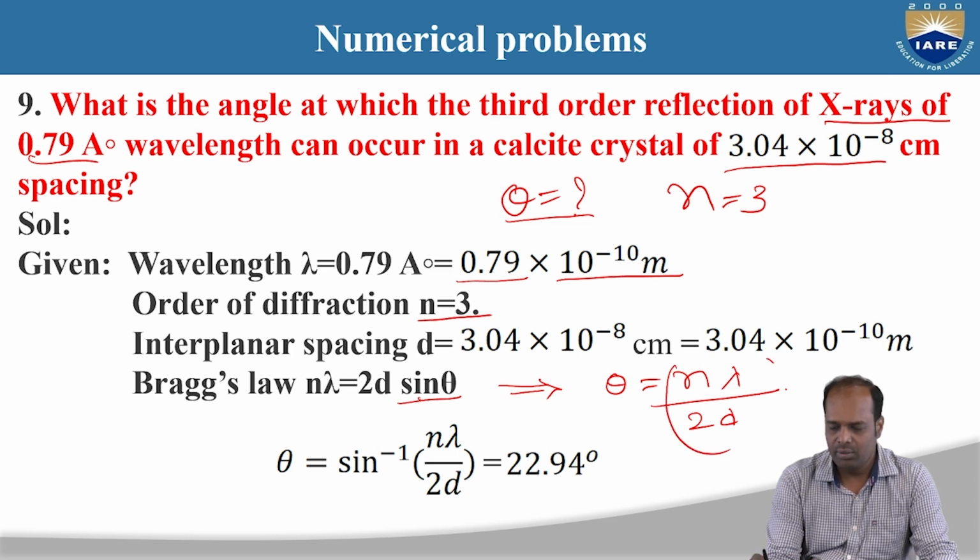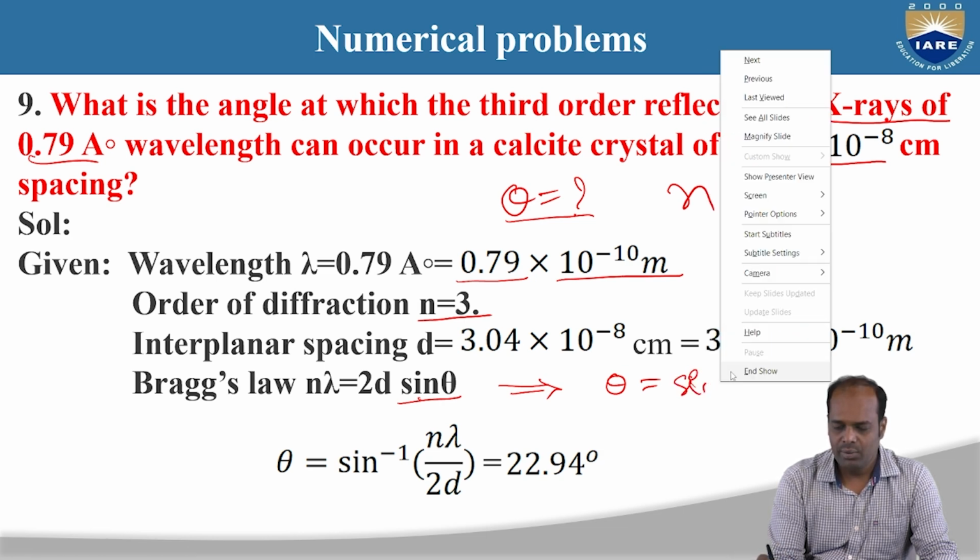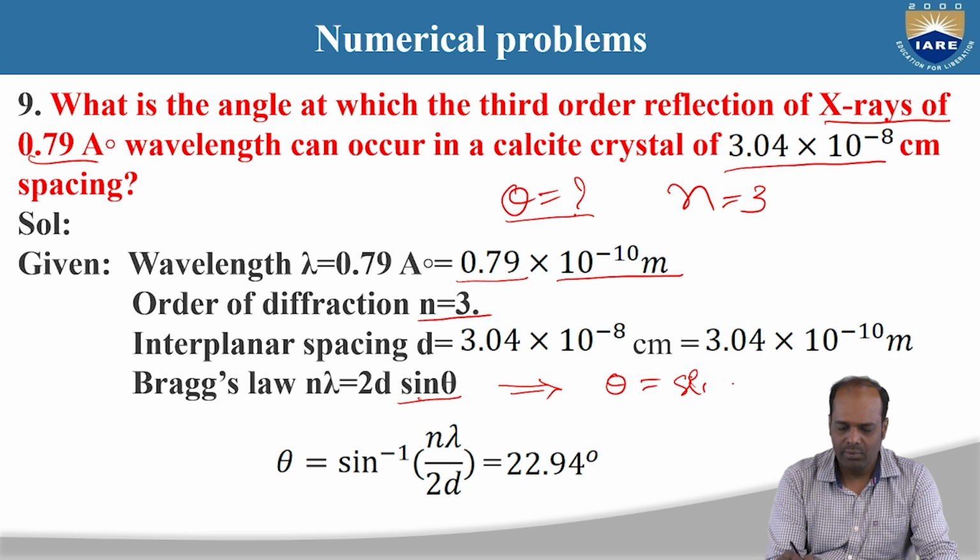So theta is equal to sine inverse, means nothing but they are asking theta is equal to sine inverse of n lambda by 2d. We have just substituted the value. What are the values? They give sine inverse of